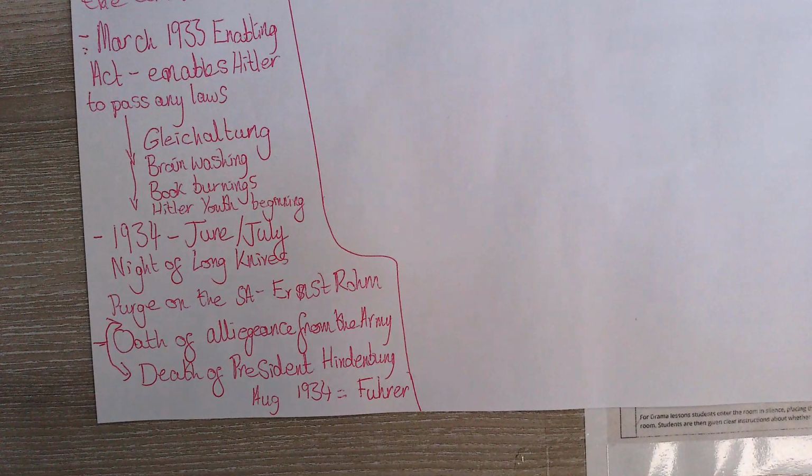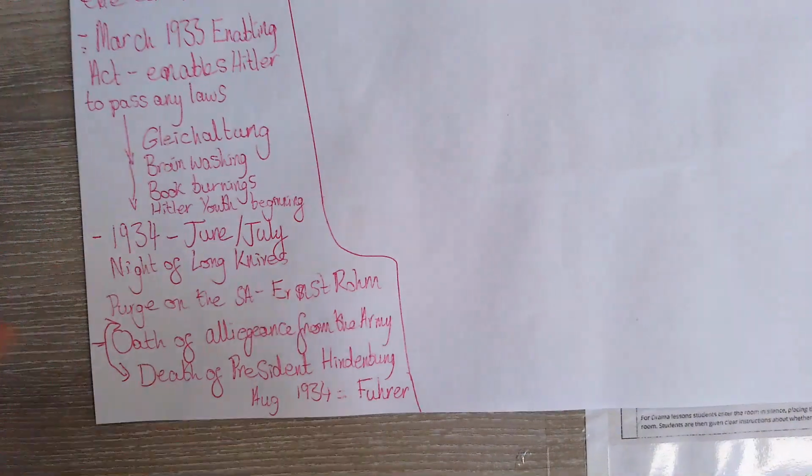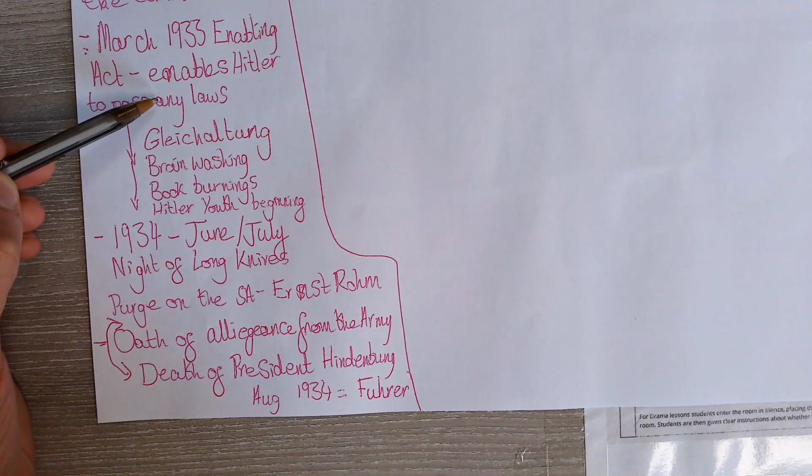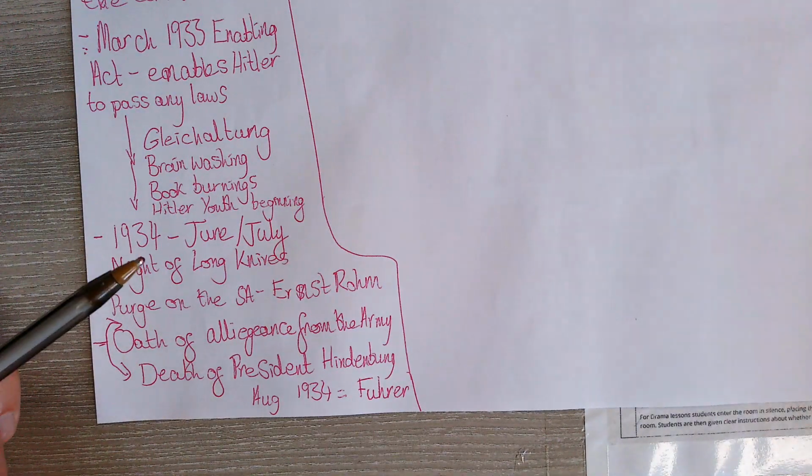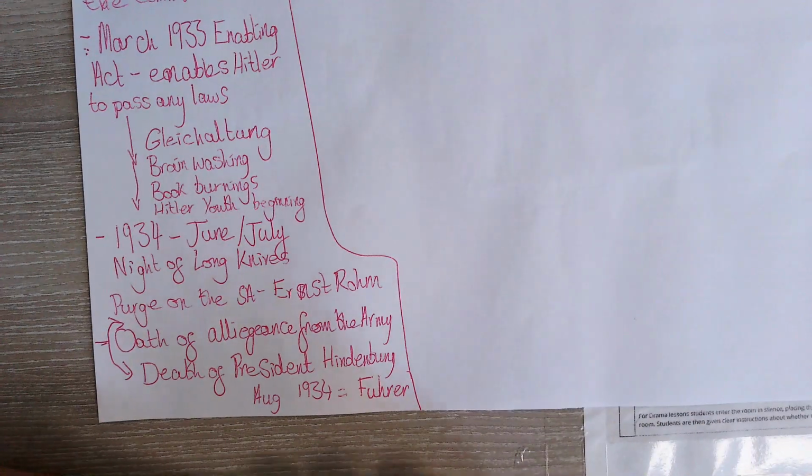Okay, we will get through as much of this as we can, but I'm a bit conscious of time. Oh, I should have said, by the way, the Enabling Act also enables Hitler to get rid of all other political parties. He bans all other political parties after that. So that's another one of his problems. And he also uses it to ban trade unions as well, so those people who can call strikes, and they actually caused lots of problems for the Weimar Republic before. Well, he's going to get rid of them too.